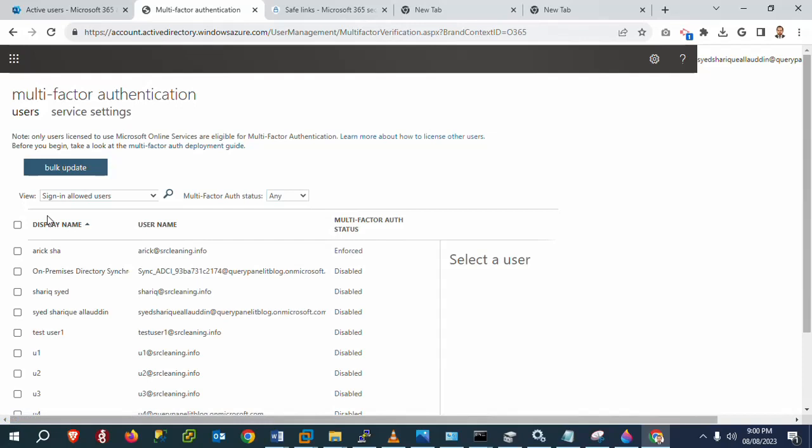Now you have jumped on multi-factor authentication. So you can enable the multi-factor authentication services from here. I want to enable the multi-factor authentication for this user, or you can enable it for every user. As you can check over here, srcleaning.info is enforced. It's already enabled. Do you want to enable this service? Just click on the user,